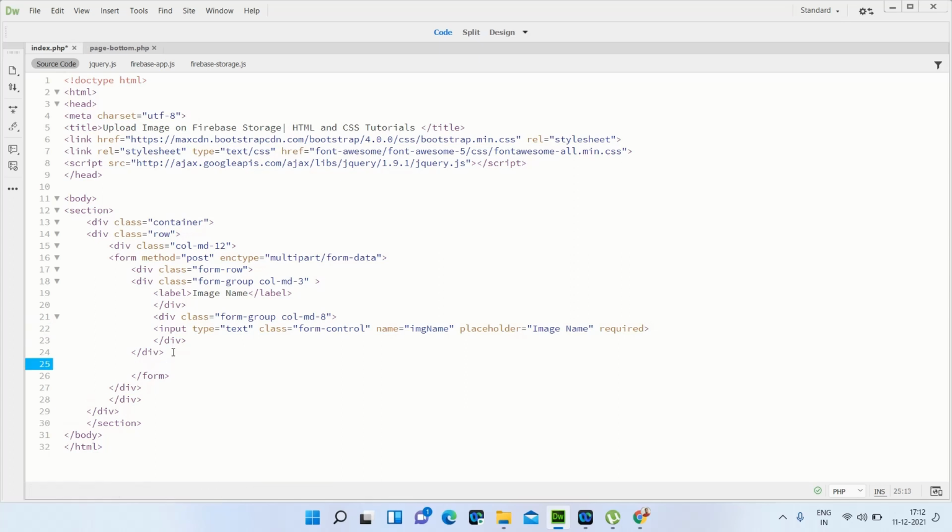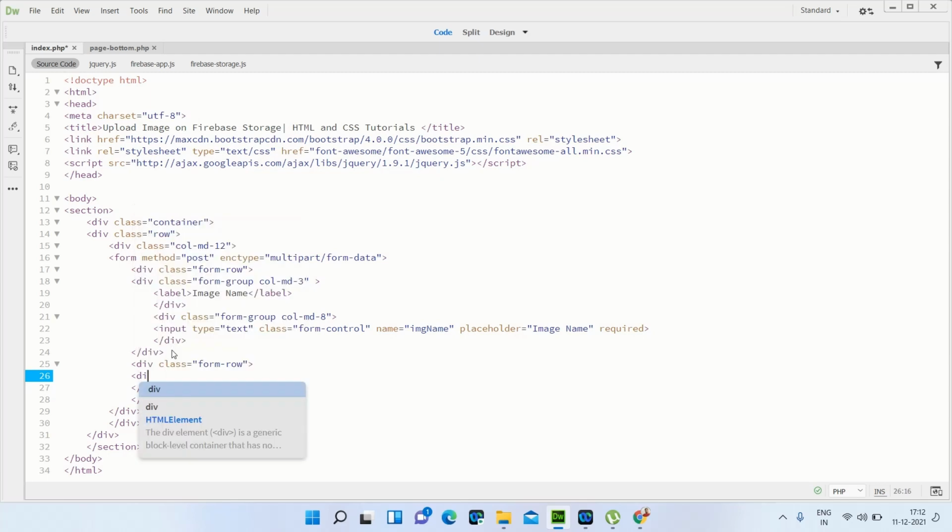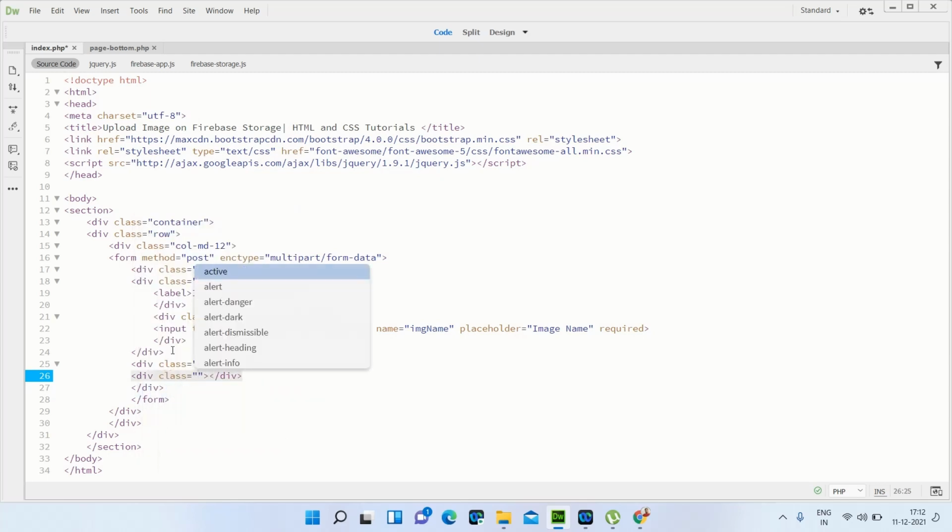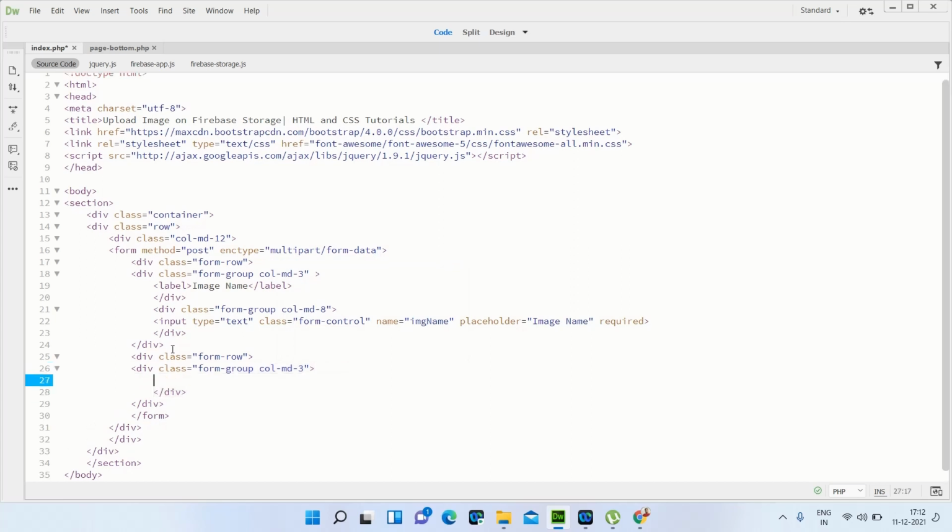After that I will create one more div for the file upload. First I have to set the class as form-row, and then I need to create one more div with class form-group and col-md-3, and then we need to create a label, with the text select image.